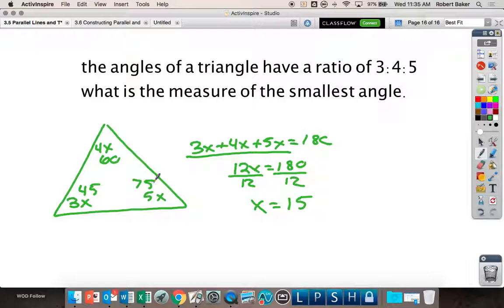What's the measure of the smallest angle? The smallest angle is 45 degrees. So x is 15. They do all add up to 180, but the measure of the smallest angle is 45 degrees. All right. And then just to tie all this together,